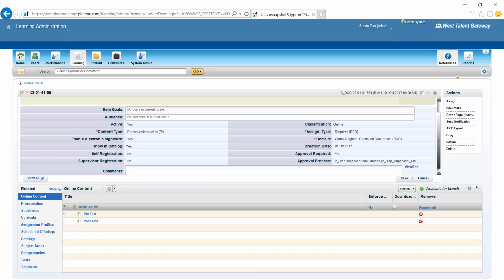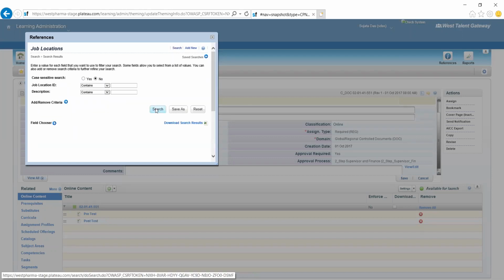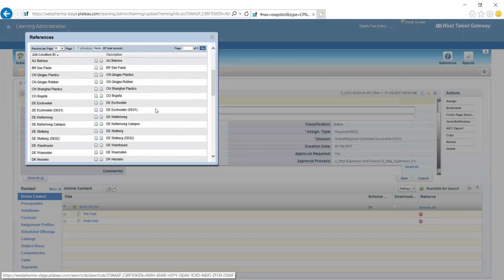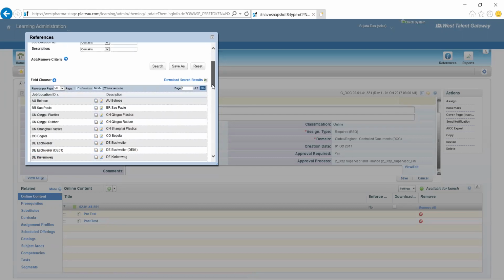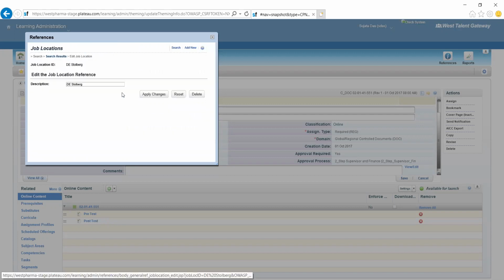Next, in the geography we have job locations. Job locations are specific to the client. Depending on what locations they have their presence in, accordingly you have to create them.